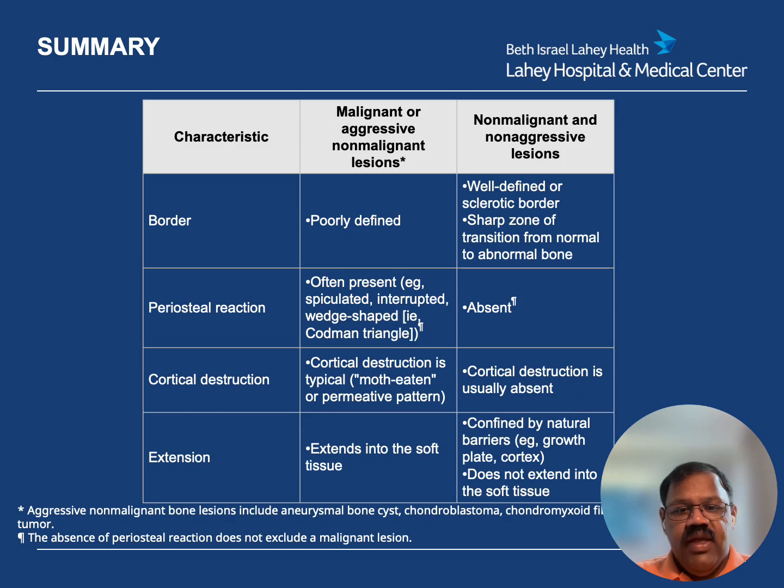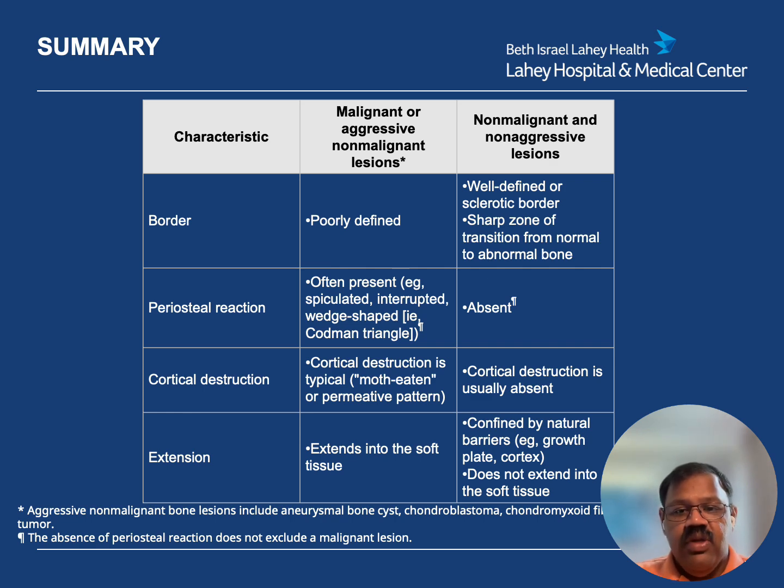Here is a summary slide that looks at the various characteristics that we just went through and whether it's a malignant or underlying non-malignant lesion. We can kind of go through this table rather quickly. Remember, for borders of the lesion in malignant or aggressive neoplasms, the borders are usually poorly defined because, again, the bone has not really had time to react to the rapid